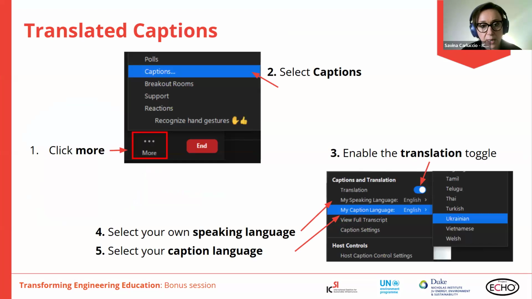We can use the translating caption function on Zoom, and this is how you activate it. You go down to the chat, select caption, click on more, and then you need to enable the translation and select your own speaking language and your own caption language. I'm going to say this in Spanish in case,